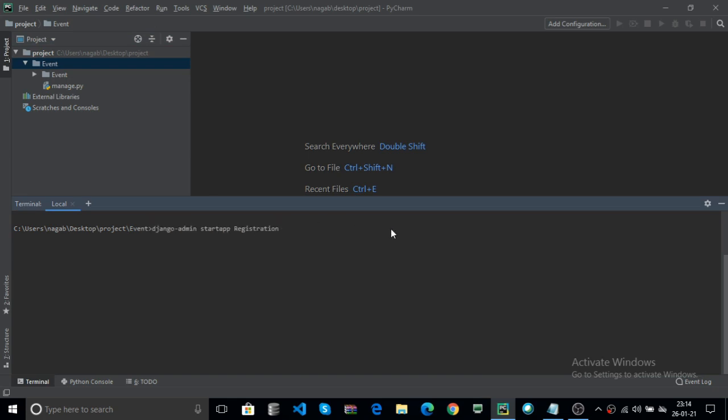Now we can check: django-admin startapp registration and hit enter. Here you can check that registration is created under event. The registration is one package, which means it contains __init__.py.